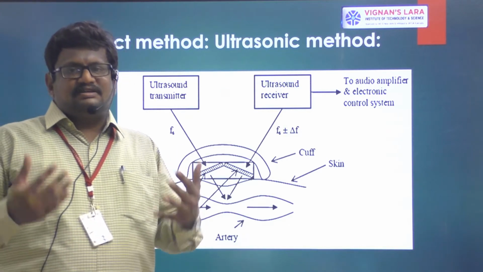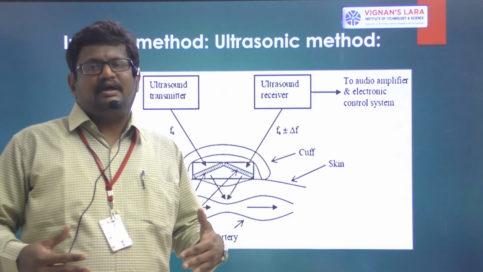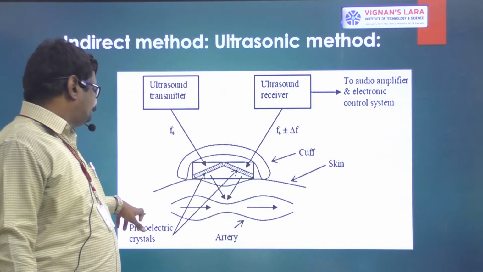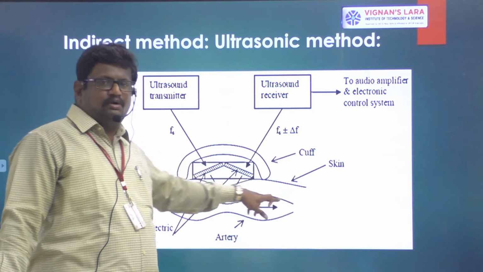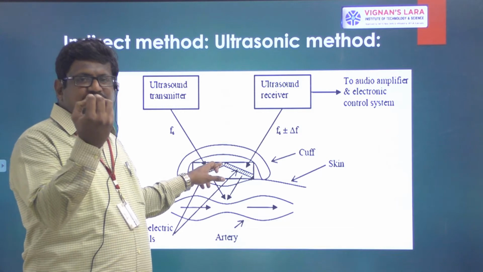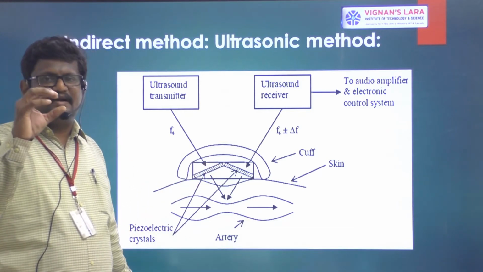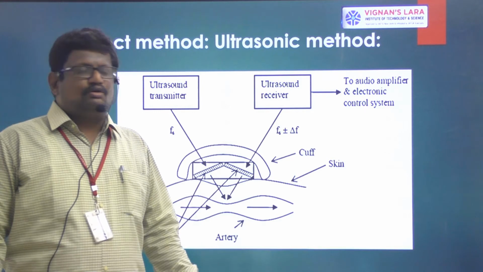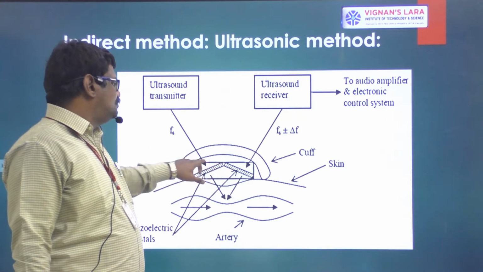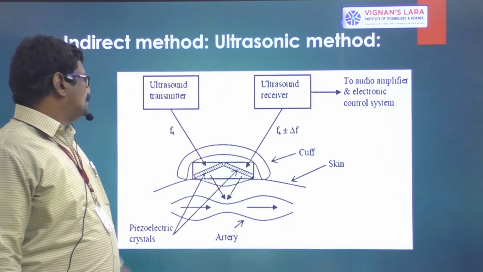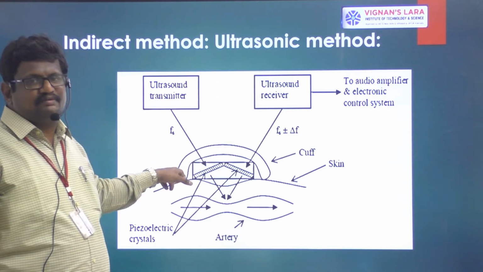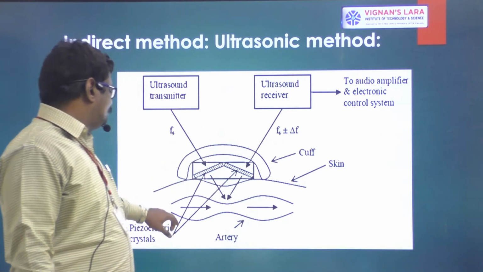As we started in yesterday's class, we can also see today the major components of this circuitry. We can see here a human arm. Over the blood vessel, the cuff is wrapped. This is the cuff which increases and decreases the pressure, being inflated or deflated. To control the blood flow, between the human arm and the cuff a piezoelectric crystal is placed. So the ultrasound transmitter and receiver are there, to transmit and receive the ultrasound frequency.